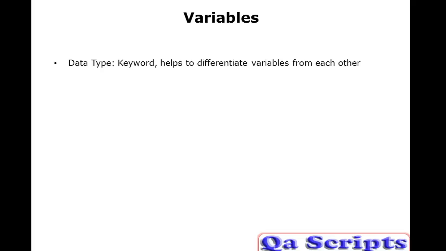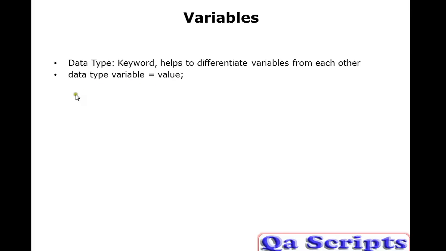This will assign some properties or define some characteristics to that variable. So if you use a particular data type keyword, then that particular variable will have the capacity to hold one kind of data type. Let us look at what different data types we have in Java. Before going for that, let us look at how to define a variable using a data type. So here is the way we can define a variable. First we need to place the data type keyword, then the variable name equals value.